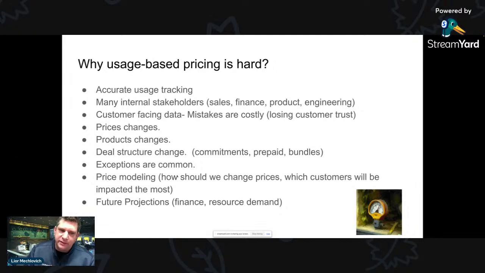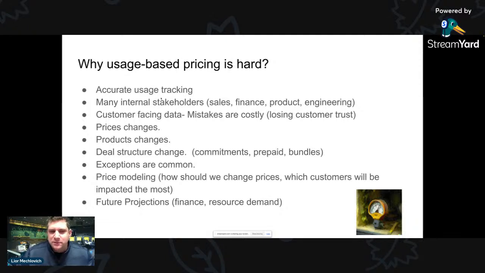I know there's a lot of data here. I'm going to break it down through those elements one by one, starting from accurate usage tracking. I'll just go over that to keep it on our mind while we go through the examples and think, what do we need to do to develop such a platform? Okay, if we are developing a usage-based pricing platform for our company, what do we need to do? Why is it hard? And why is this 100 times harder than what you initially thought?